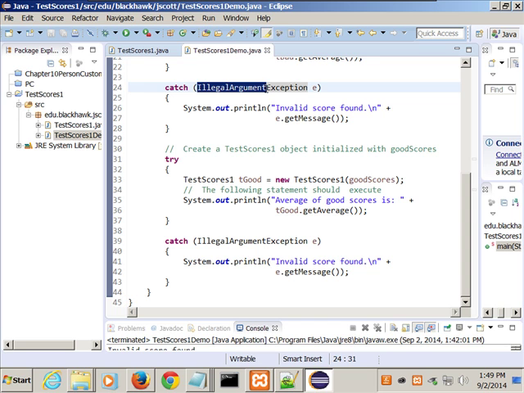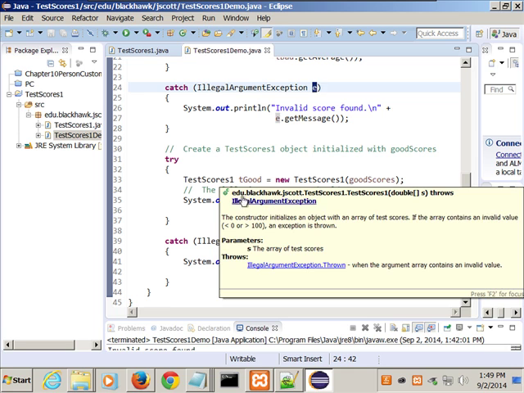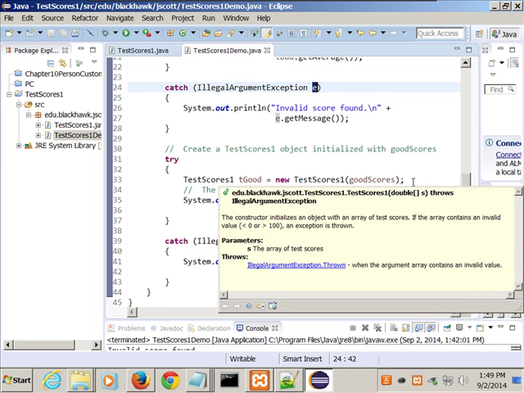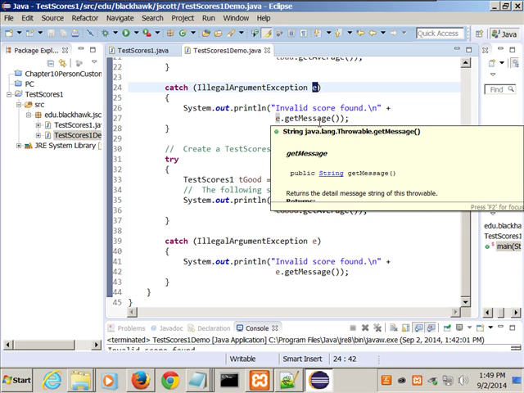Not only that, if you decide you're going to do that, that has to be the last exception. You can have as many of these as you want in there. That has to be the bottom one. Because since it's so generic, if you have it at the top, you'll never get to the other ones. So your most specific exception has got to be at the top, and as they get more general, you go down to the bottom. And as Zane just said, that's what that E is, just for exception. You can call it Mark if he wants to, but then it's going to be mark.getMessage.